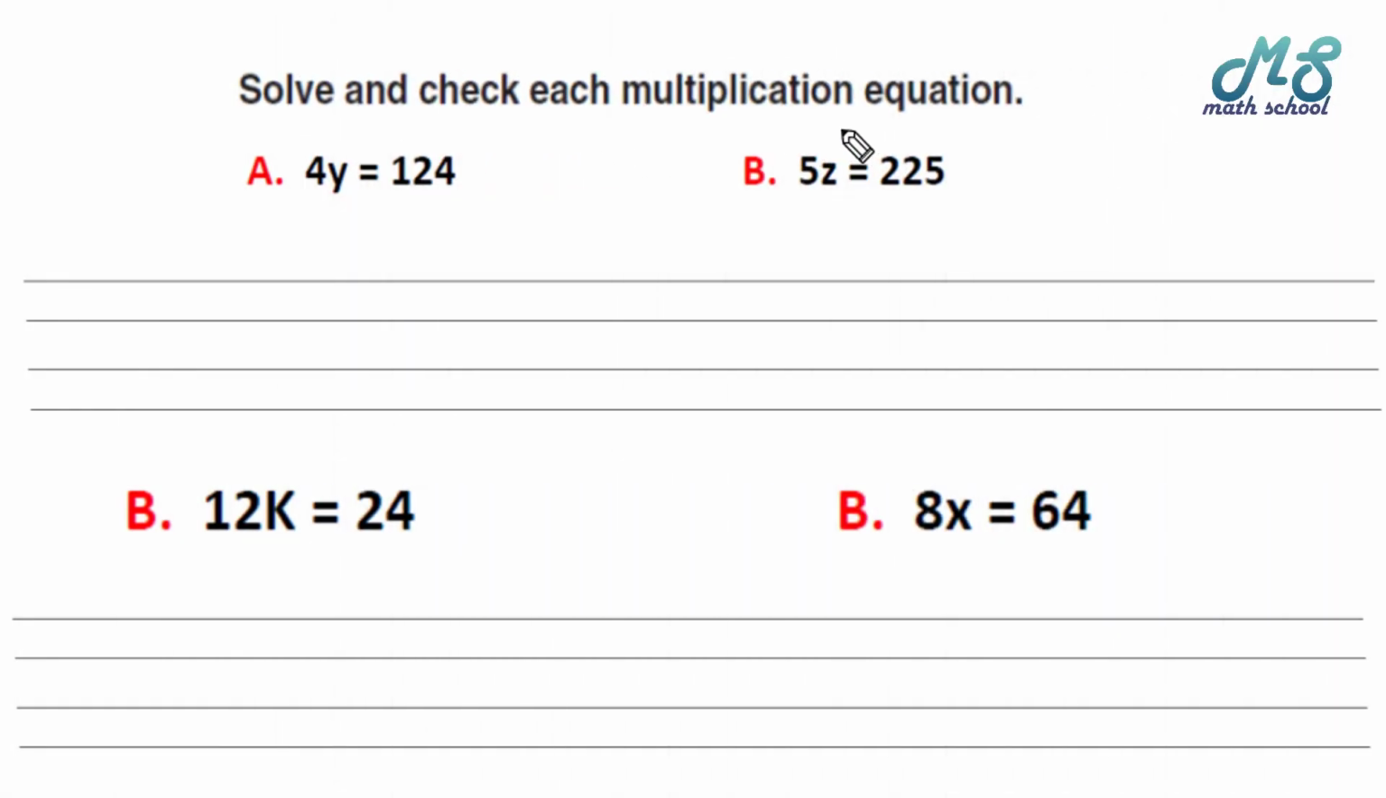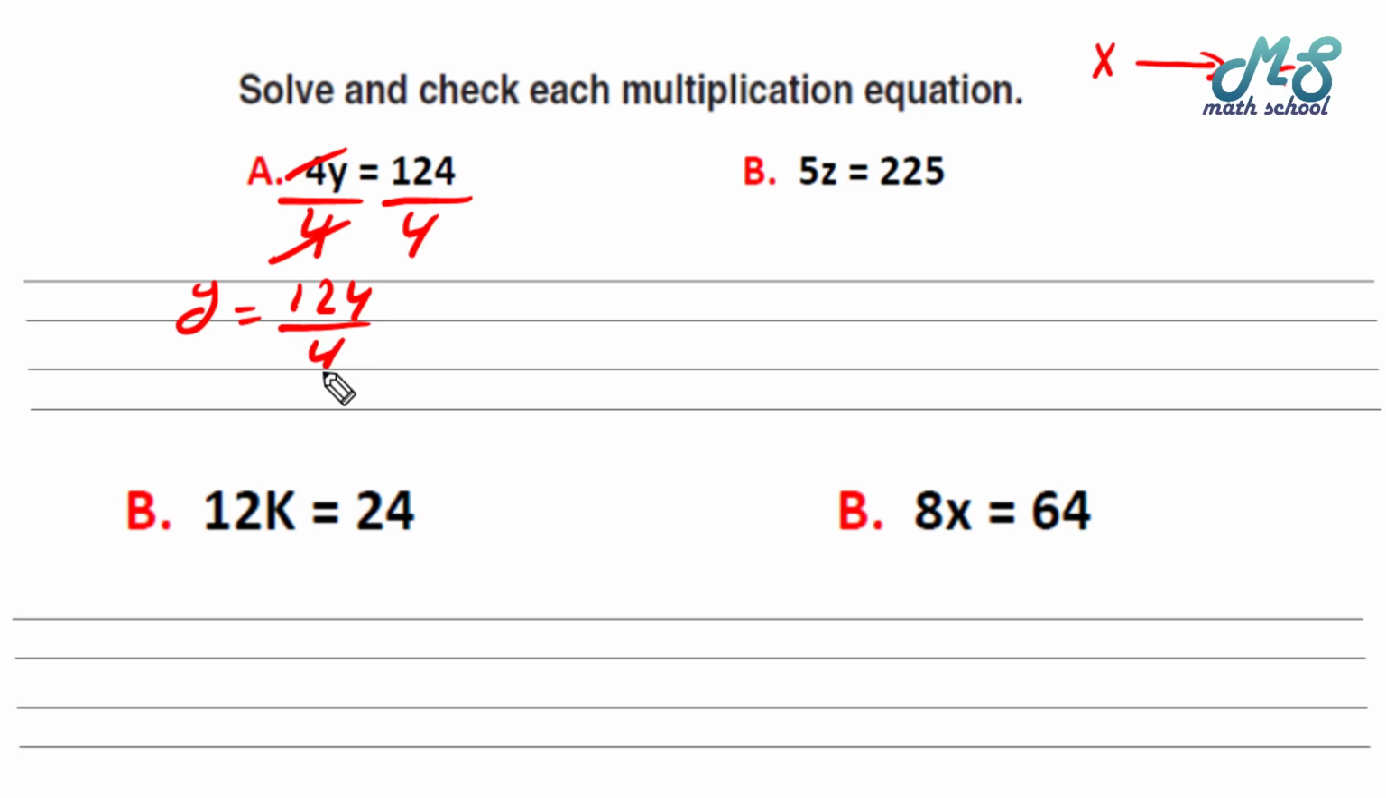Solve and check each multiplication equation. To solve the multiplication equation, we will use the inverse operation. The inverse operation of multiplication is division. So don't forget, guys, for 4y equals 124. To find the value of y, just divide both sides by 4. Now we get y equals what? y is equal to